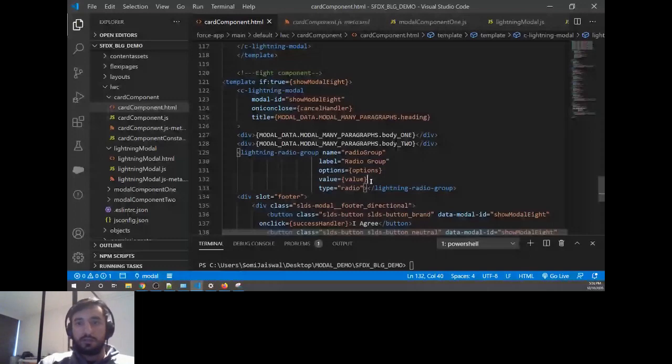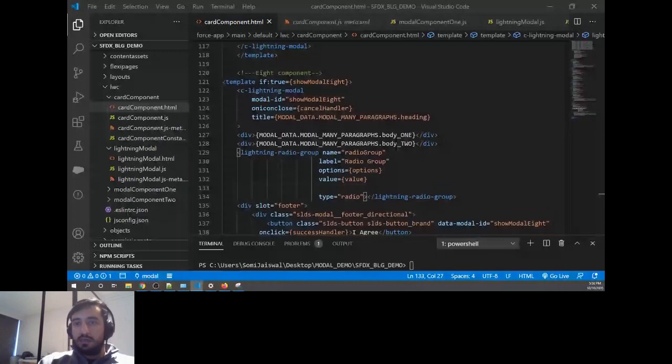So I'm going to say on click, on change actually in case of a radio button. I'll say radioHandler, and here I'm going to create the radioHandler method that will print the option that we have selected.